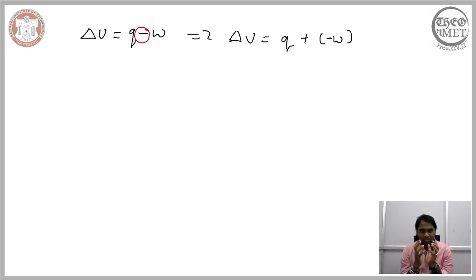So the ultimate change in the internal energy of the system, which helps us understand the change in the state of the system when a combination of heat transfer occurs and work is done on or by the system, is given by the first law of thermodynamics. It is the combined influence of heat and work done. Now,